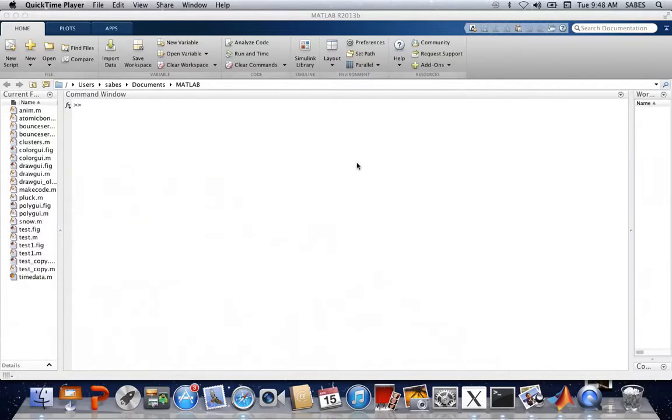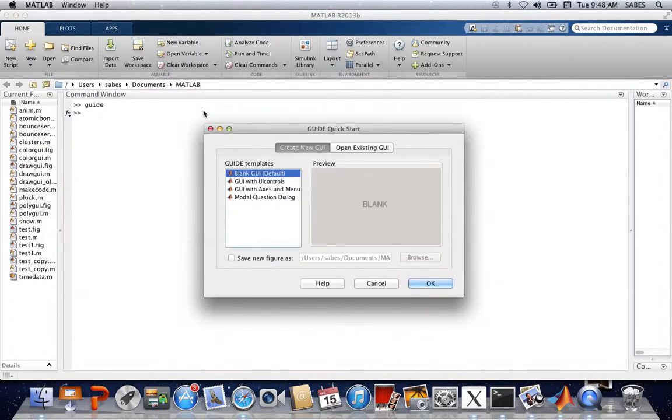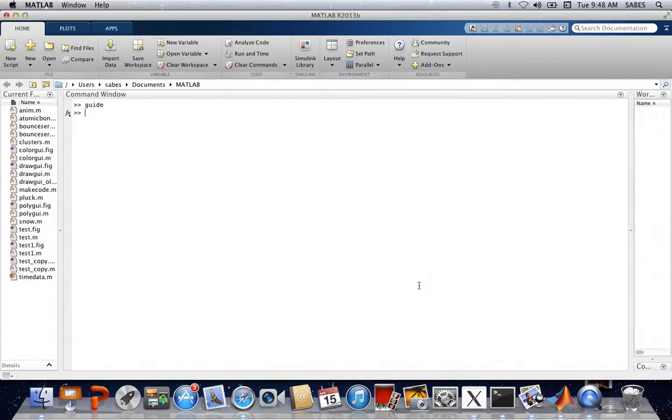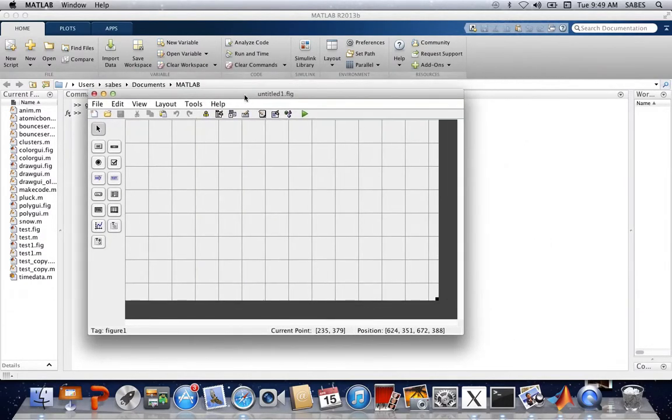So here is set up a random GUI via GUIDE, and then introduce the elements that are there on the exercise sheet. So we can take a look at the different elements. So first we need an axes for the plot,